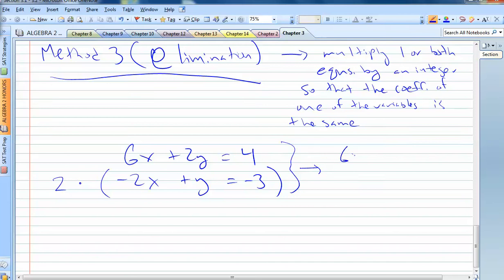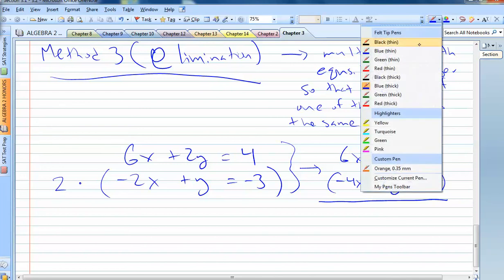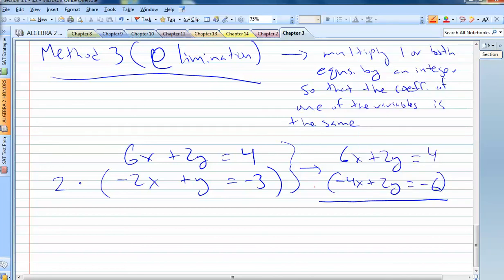So if I work this out, 6x plus 2y equals 4. Negative 4x plus 2y equals negative 6. Now comes the elimination part. If I subtract the two equations from each other,